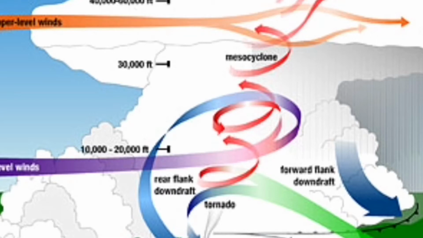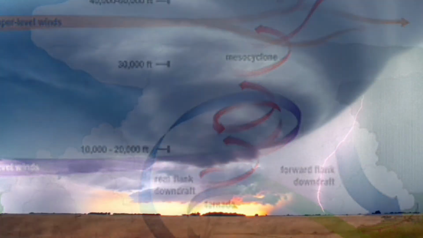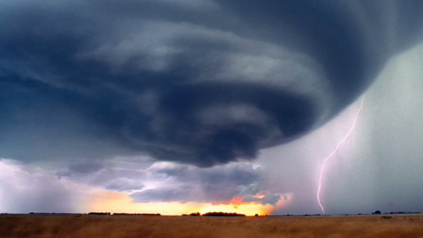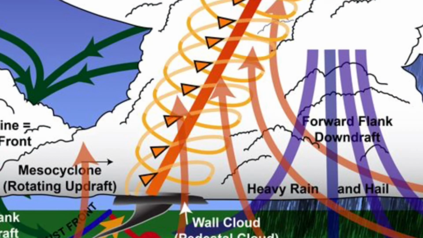So the worst tornadoes will form off supercell thunderstorms, so we'll go over that first. A supercell thunderstorm contains one thing that makes it different from regular thunderstorms, and that is it has a vortex of spinning air in the middle, constantly bringing in warm, humid air and dropping the cold air, or the downdraft, on the ground, and the updraft causes the vortex to swell and push down, thus creating a funnel